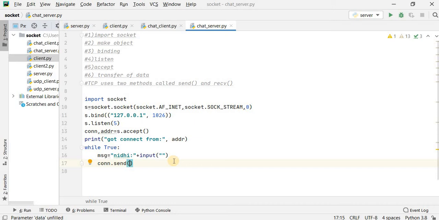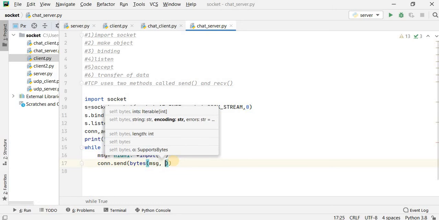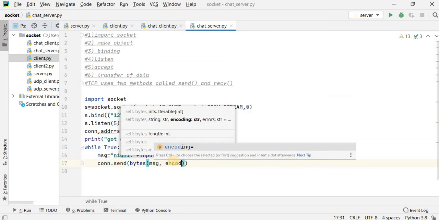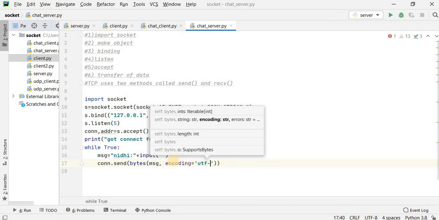You have to encode it in UTF-8 format by default, and this message will be sent in terms of bytes. It is a mandatory condition. So two parameters you have to pass: the message, and the second one is the encoding version. In my case the encoding version is UTF-8 because it is the default case.